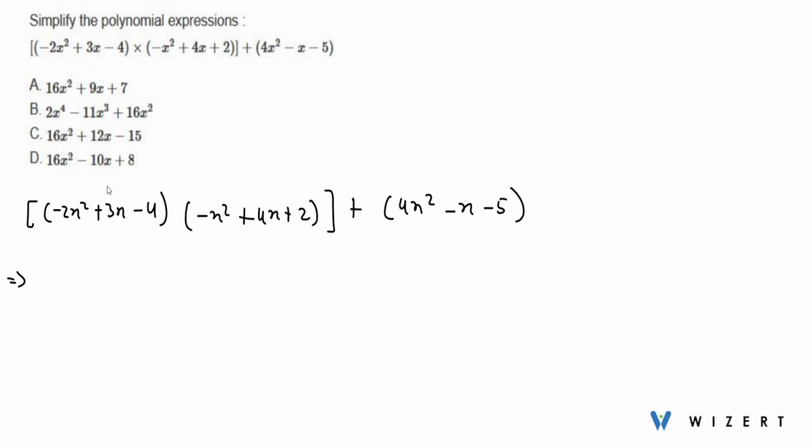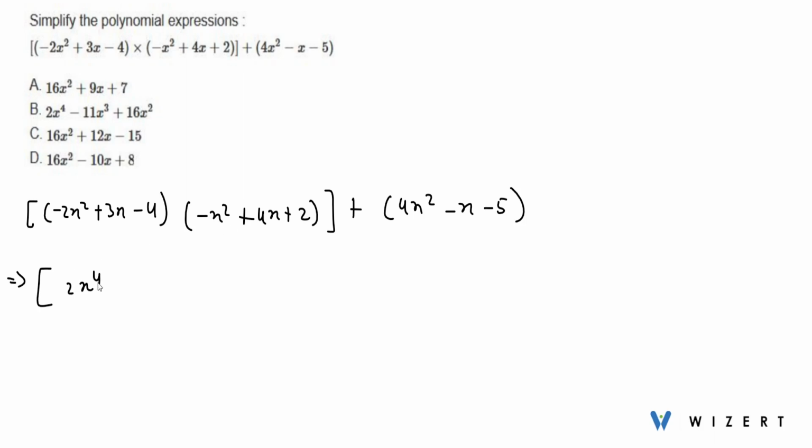So there are two polynomials present within the pair of braces and they are connected together with the help of a multiplicative operator. So what we have to do is, at first we have to individually multiply each term present within the first pair of brackets with all the terms present within the second pair of brackets. So let's proceed further. So we have minus of 2x square multiplied by minus of x square, which will give us